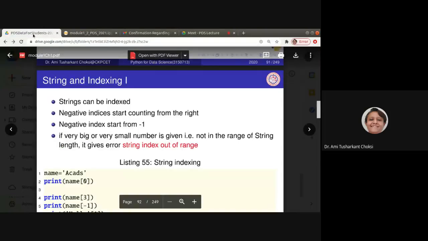Now we want to know about string indexing. Indexing is typically used in arrays in, say, C or Java language. I am giving you the reference of C and Java because you already know that. In those, for an array we provide the index in square brackets. We used to say 0, 1, 2, and we are able to access that particular element in the array, right? Same way for a string in Python, we can access one character at a time.